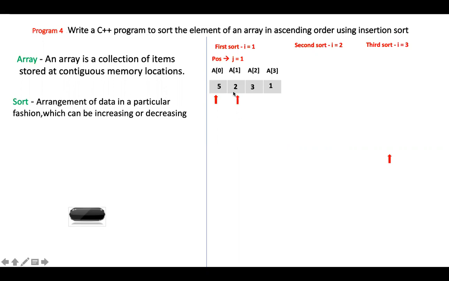So first it will compare whether a of j is less than a of j minus 1. So a of 2 is nothing but this location we have taken as j. So I'll write it as a of j. Now the next location, that is the first location. How should we write the first location? So what is a of j? a of j is 1. Okay, it is at position one.